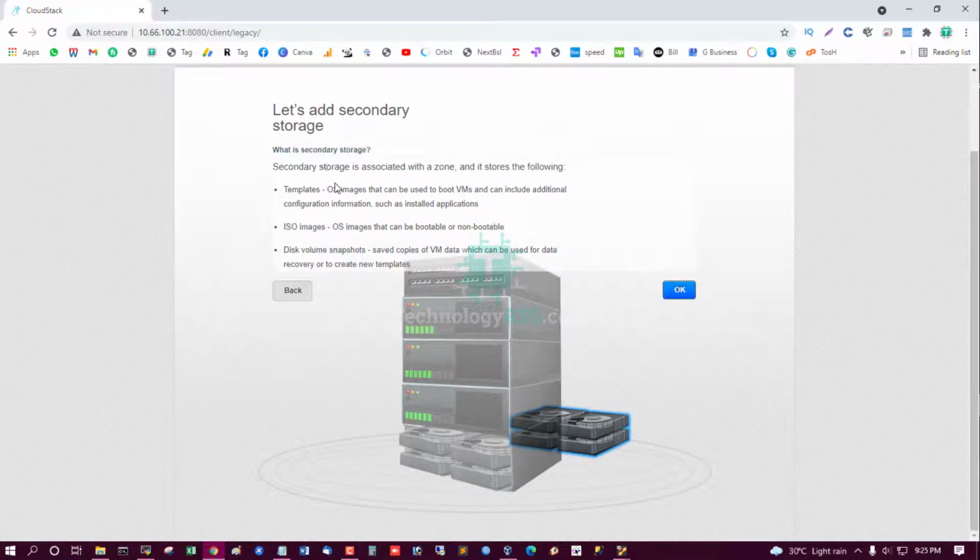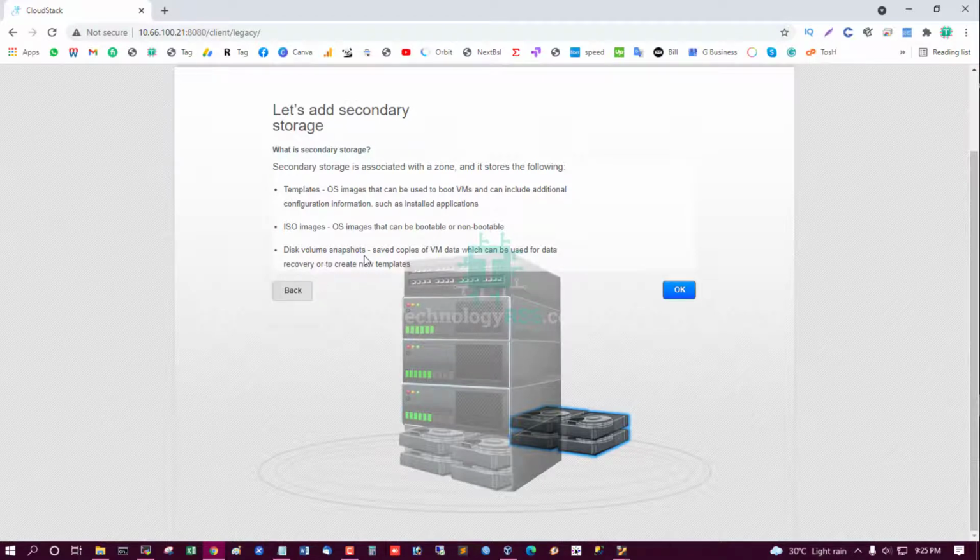What is a secondary storage? Secondary storage is associated with a zone and stores templates, ISO images, and disk volume snapshots. Templates are OS images that can be used to boot VMs and can include additional configuration information such as included applications. ISO images are operating system images that can be bootable or non-bootable.